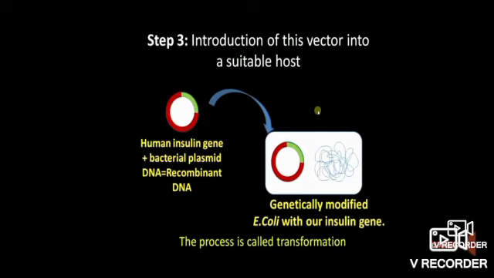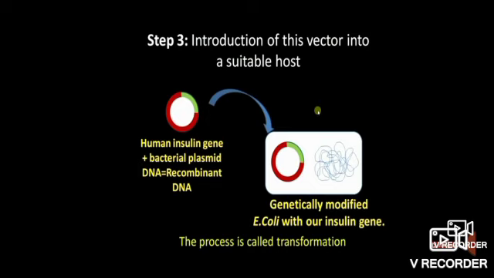Now we have our insulin gene incorporated into the vector. Now we need to introduce this insulin gene into a host. Most often the host is a bacterial cell as it is simple to manipulate. And we know the E. coli bacterium very well as much work has already been done on it. So we have introduced our vector with our gene of interest into the bacterial cell, right side. The white rectangle is the bacterial cell.